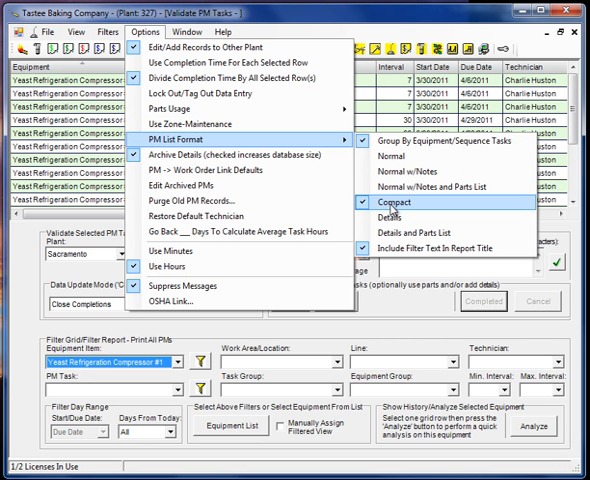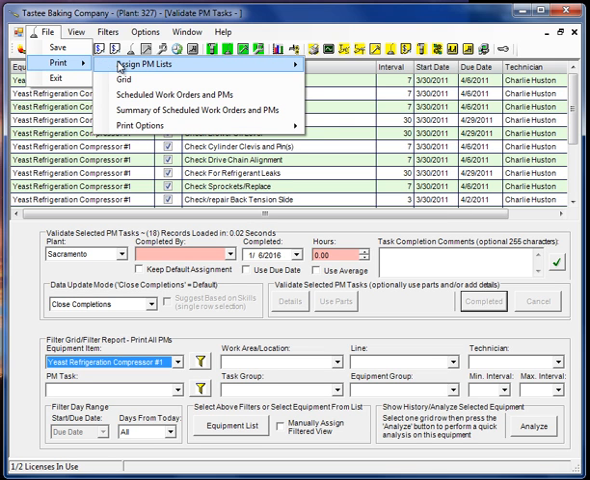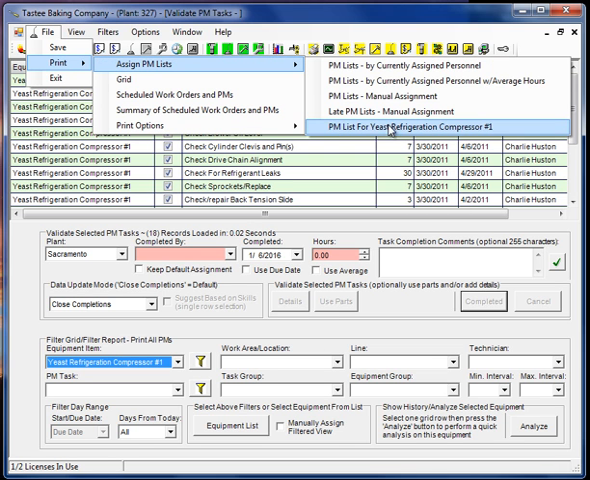Currently I have Compact selected. I have some other formats here. This would be the default, and Details and Parts List would show you the most. And we have a few others. Okay, so let's try the Compact that's already checked. So if I go File, Print, Assign PM Lists,